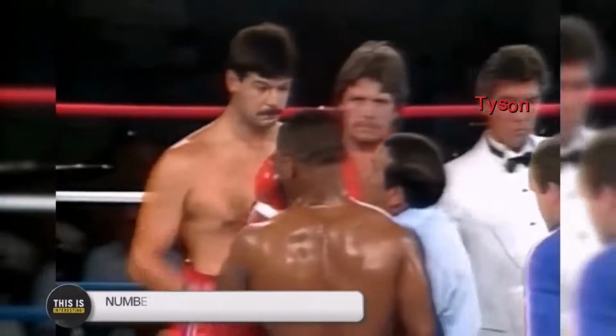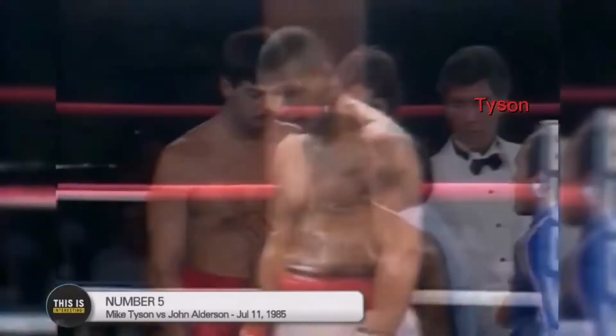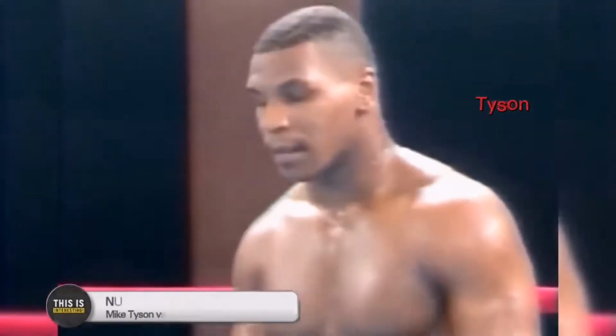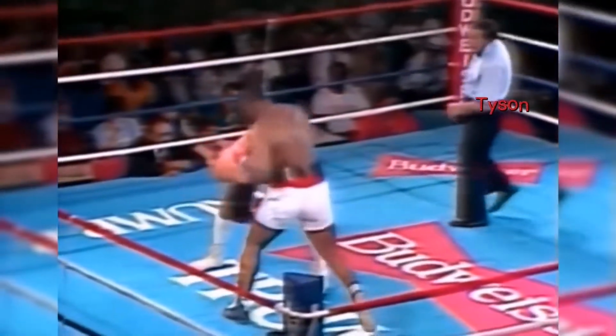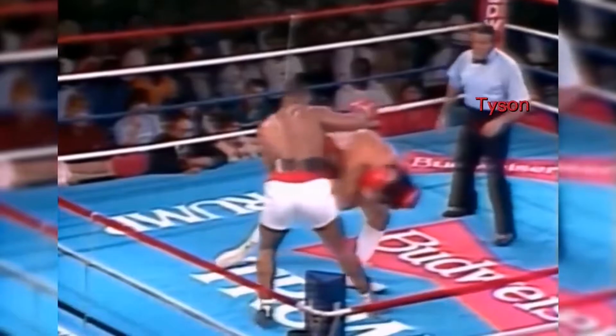Mike Tyson vs. John Anderson. 39-second fight against Rick Spain. Here are the knockouts. Anderson down in this round. May survive as he goes down again at the belt. He's countered with his own right. And there's a good straight right hand by Mike Tyson. That sent